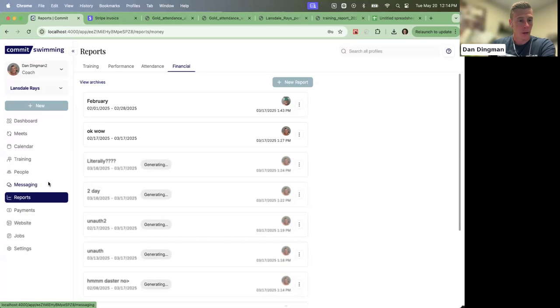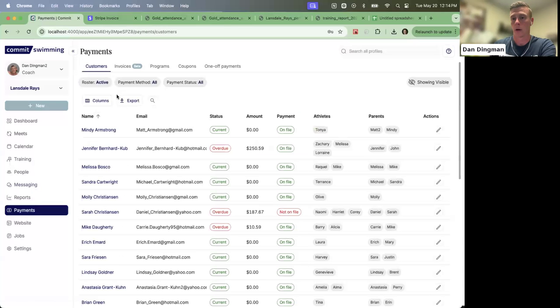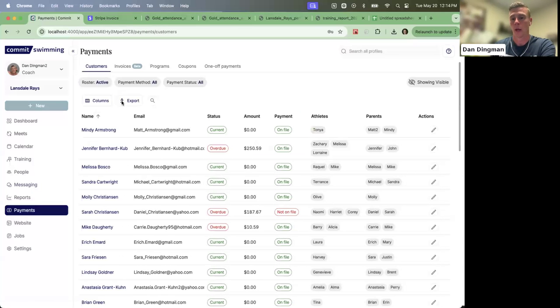Let's see, the other newer items are around payments. So we've updated this customer's view such that the overdue or failed payment status is more accurate. Previously, it was just related to the last invoice that the family had, and if they paid it, they were marked as being current on their payments. Whereas if the second to last invoice they had was still overdue, this wouldn't show overdue, and now it does.